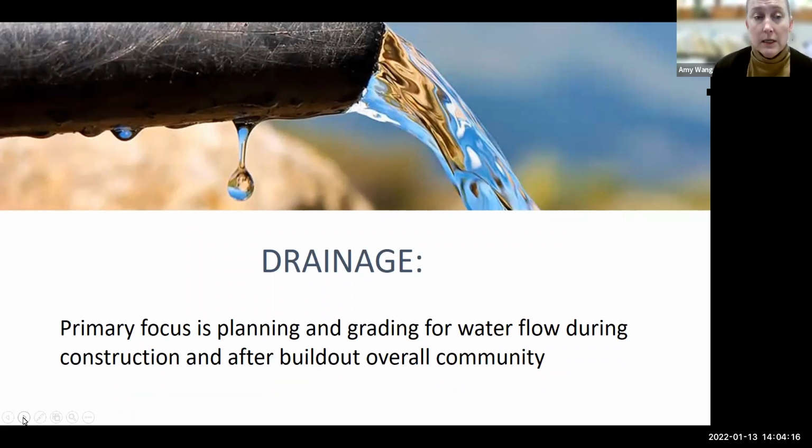Let's take drainage. Its primary focus is to plan for the direction and flow of water during construction and after the build out of the overall community. It's primarily a local concern, and it's governed by ordinances and building permit schemes within a county or the city that has jurisdiction over a drainage basin, which is comprised of local rivers and tributaries, where the development activity is occurring. Plans for drainage have features that address the surface water direction of flow after grading for the planned community and after the completion of development.